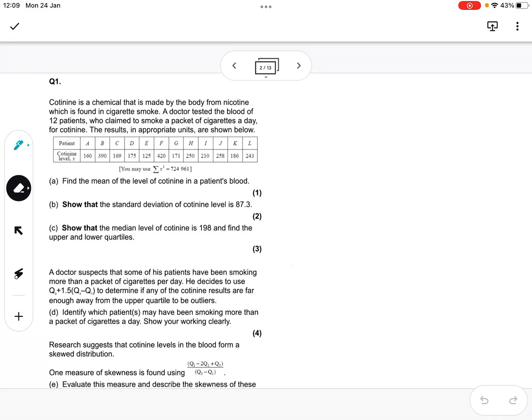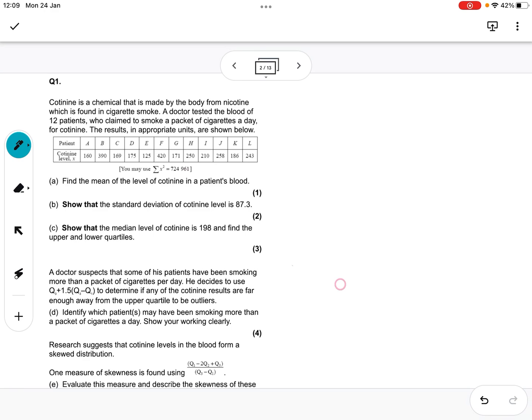Okay, this is the December exam for the AS Stats course. A mixture of things, and this question is working out means and standard deviations, etc. So find the mean of the level of whatever that is in the patient's body. Basically, stick all these numbers in